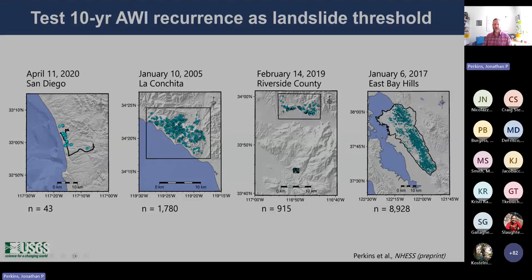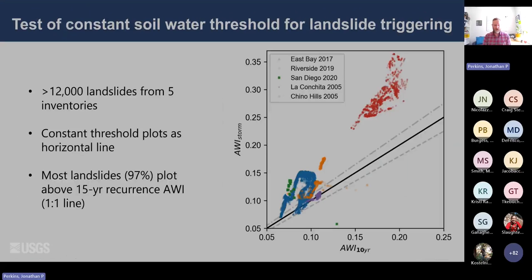And so now what we can do is look at the triggering A-star for each of those storms and compare it to the 10-year recurrence interval for each of these inventories, which span a range of background climatology. And so here I'm plotting this. And what this plot is showing us is actually inspired